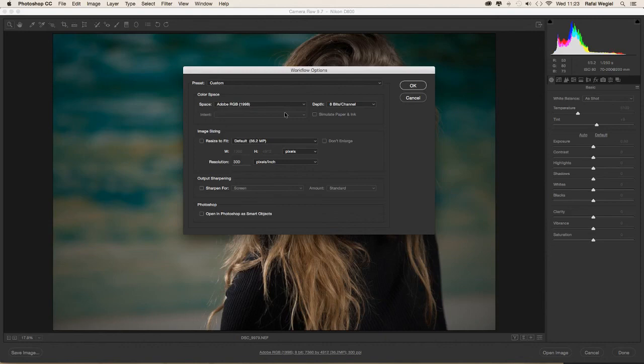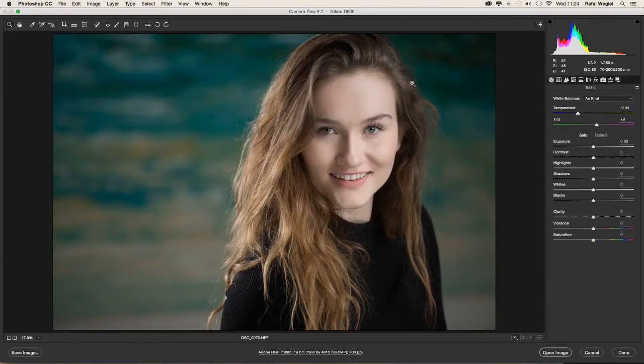I'm not sure what the big difference is, but I heard from several retouchers that it's the best space to work on your image. Another thing I changed is going from 8 bits to 16 bits channel. That also gives us a little more space to work. Resolution is 300, and those are the settings here. So we click OK, and then